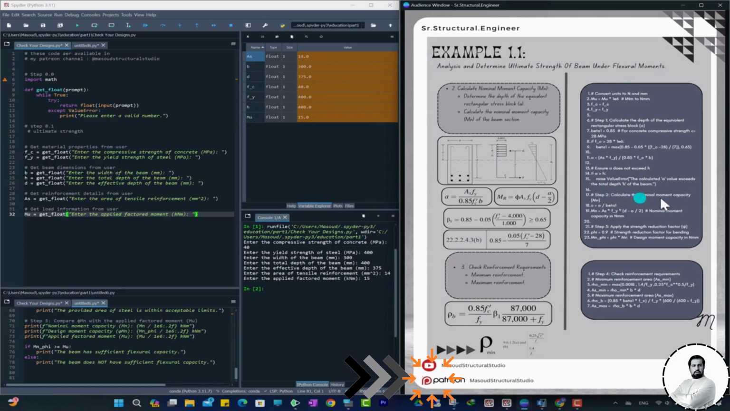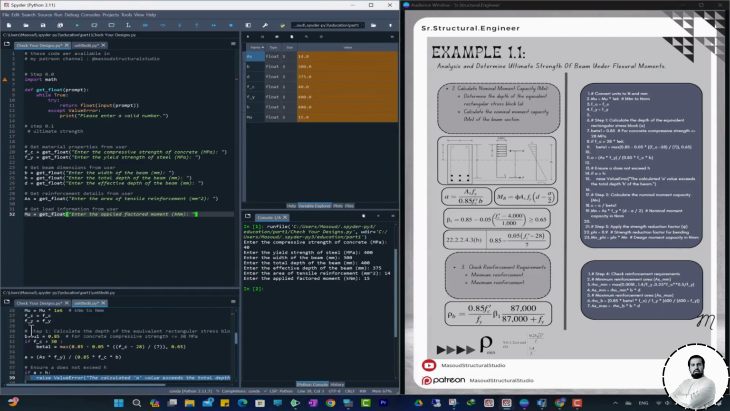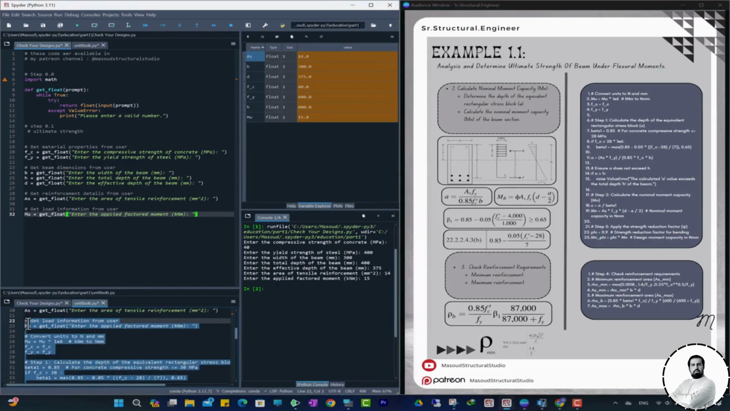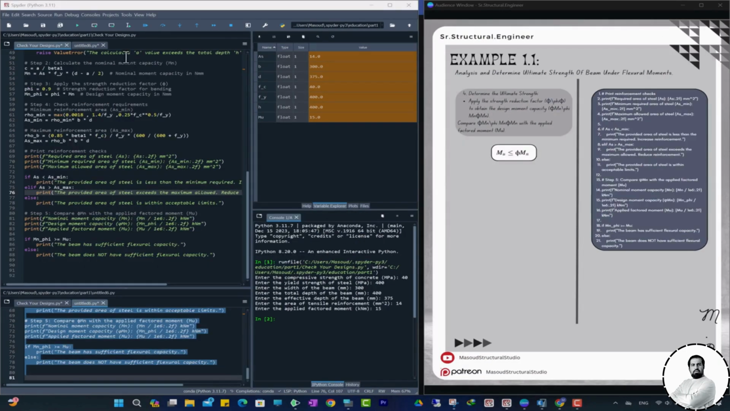You can see how we write the formulas in this script. We provided the text of this code on the Patreon channel, and you can download it and use it from there. Now we copy this code and paste it in a text file in Spyder Python and run this code. After running this code,